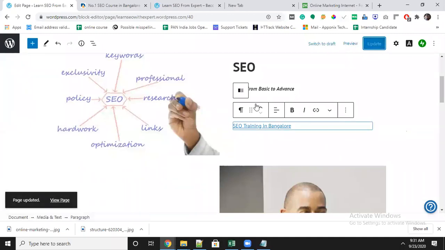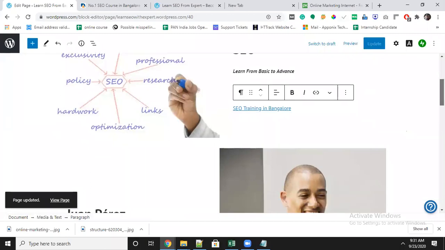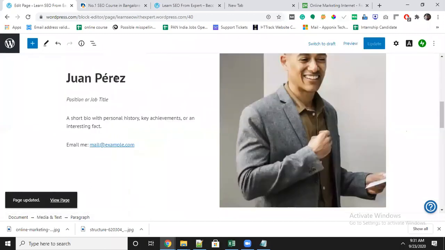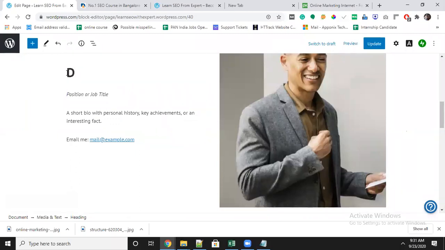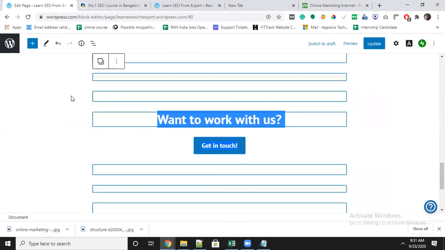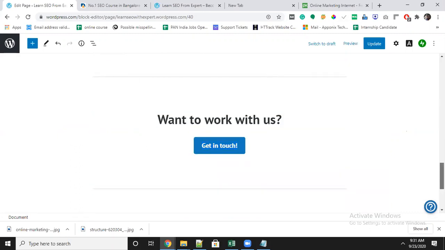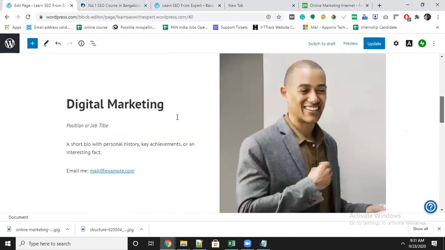That means the customization I have done. The same way I will make the digital marketing also. Again, I will select the element. I will make it as digital marketing. Okay, don't use the control options directly, you can just click it.